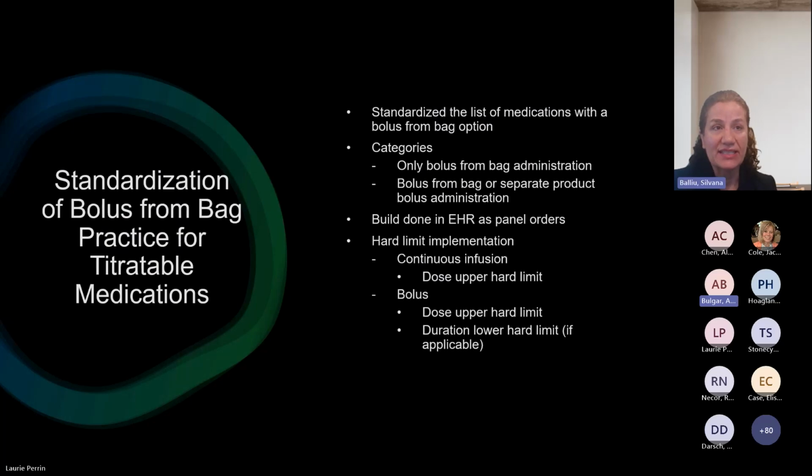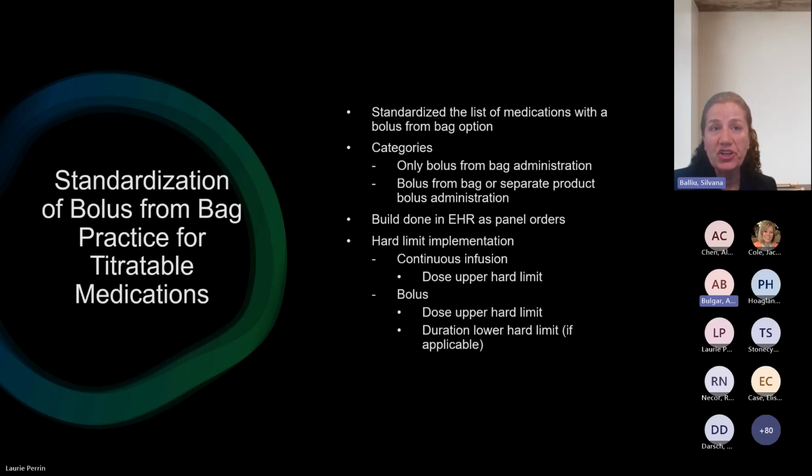Another standardization effort was the bolus from bag practice, because many titratable medications required the bolus dose administration. We worked on this project with an interdisciplinary team that included providers, nursing, and pharmacy caregivers. Previously, there was no standardized process for the bolus administration. Bolus doses were sometimes administered using a separate vial or product, and other times by bolusing from the bag,